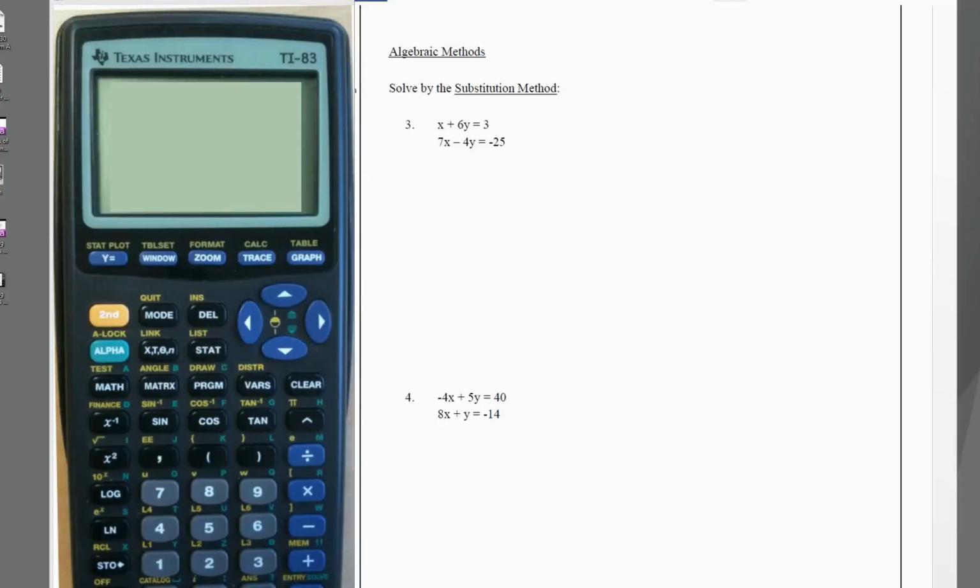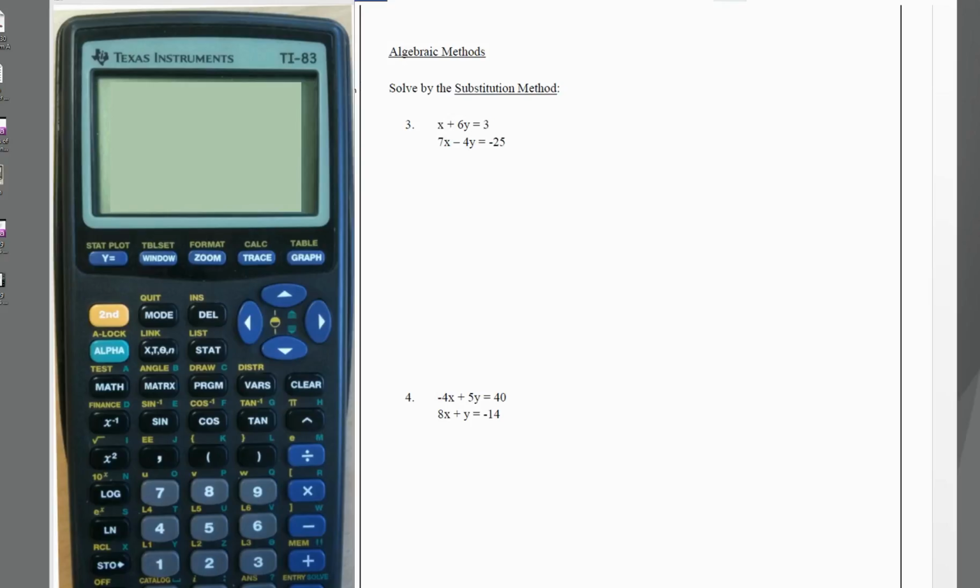The next method we're going to learn is called substitution. What we're going to do here is, for one of the equations, solve for a variable, and substitute in for that variable in the other equation. Okay? Now, our first system of equations has x plus 6y equals 3, and 7x minus